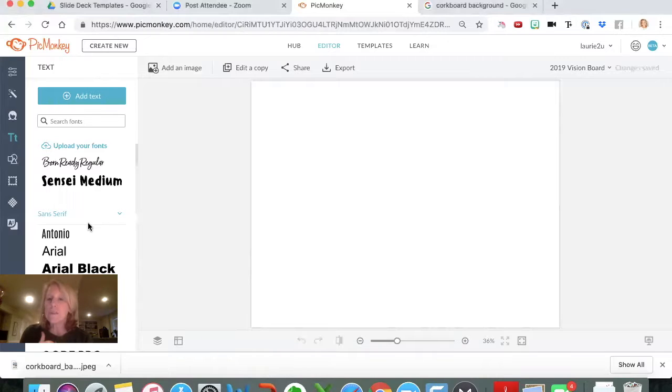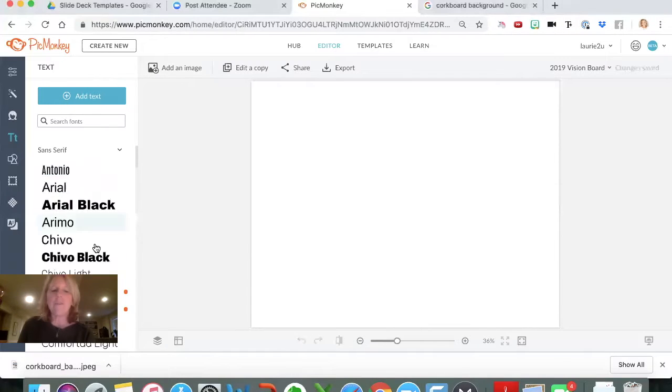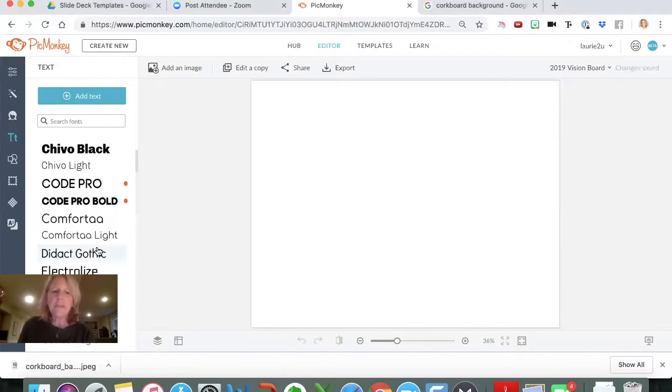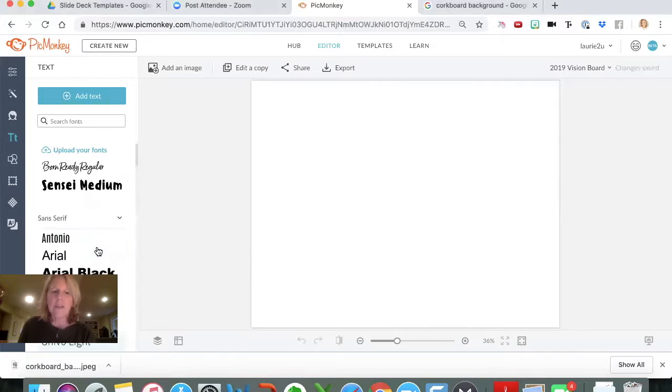But for this purpose, you just download pictures off the internet. You don't need any advanced pictures in PicMonkey. They have so many basic fonts, and you could even upload your own fonts. But anyways, I'll just pick a font.